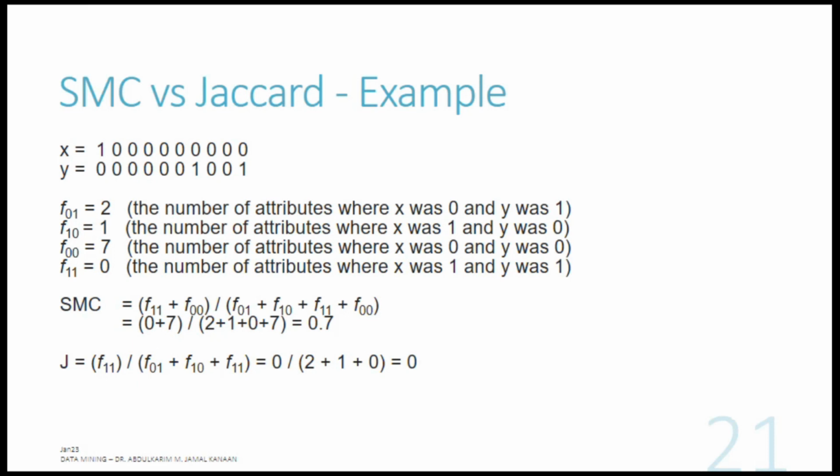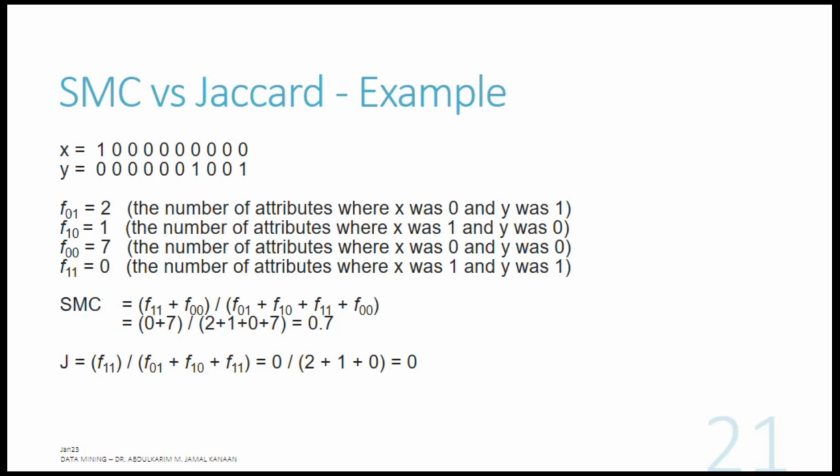Then we got a bunch of features. So here, how many features do we have? Each column is one feature: 1, 2, 3, 4, 5, 6, 7, 8, 9, 10. And then we took the corresponding value for each feature, and we would like to see how similar these two objects are. So we simply calculate following the equation, and we found out using SMC that the similarity is 70%,